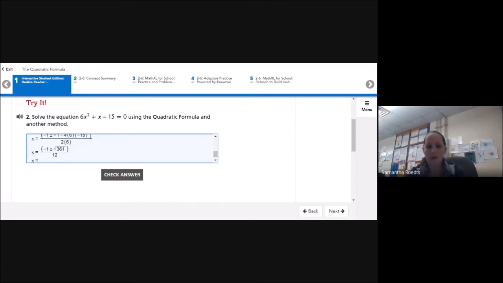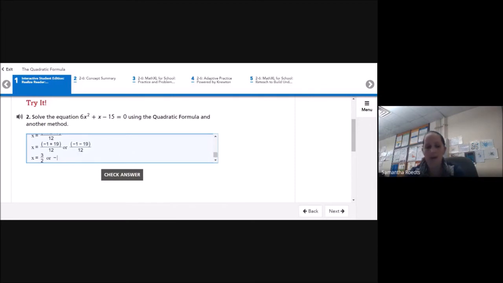The square root of 361 is 19. So when I do this, I get x equals negative 1 plus 19 divided by 12, or negative 1 minus 19 divided by 12. So x equals 3 halves,